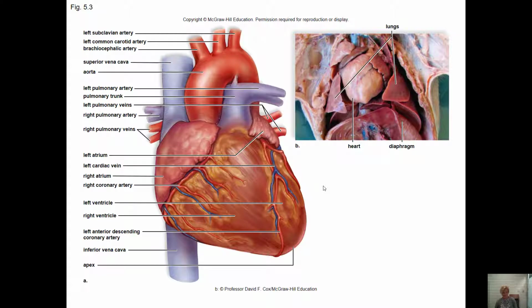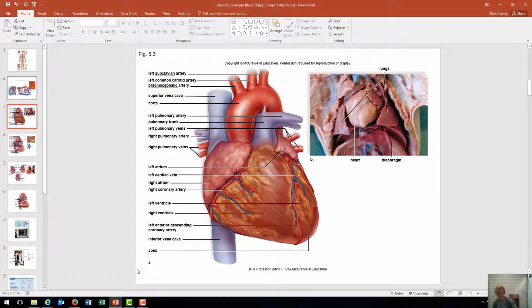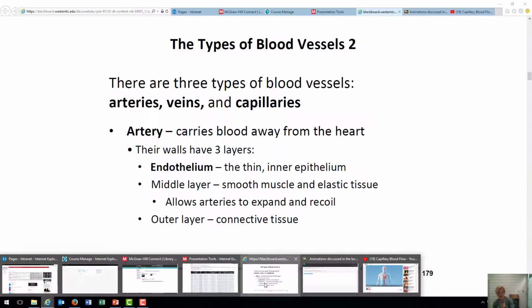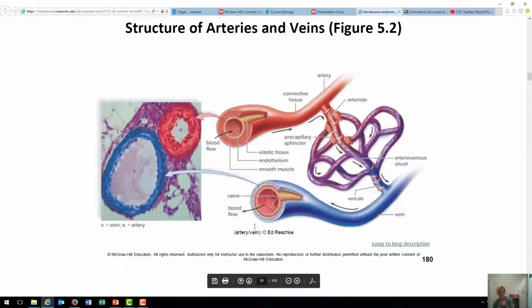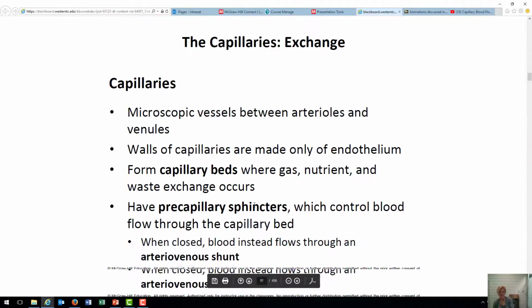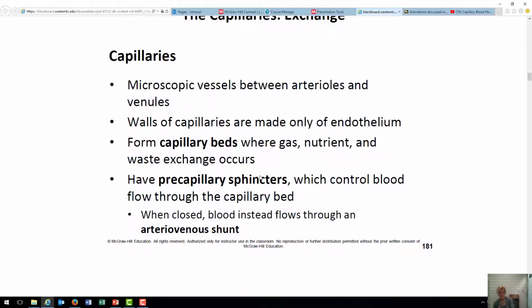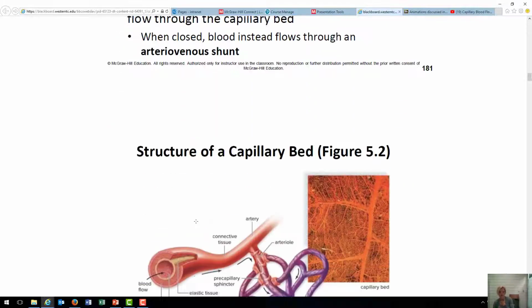So now that we know a little bit about the vessels, we'll move on and look at parts of the heart. So I'm going to go back to where we were here, and I'll show you where we are in the notes. So we talked about blood vessels, we talked about the capillaries, their sites of exchange, so that's the key word there that you want to highlight or underline,